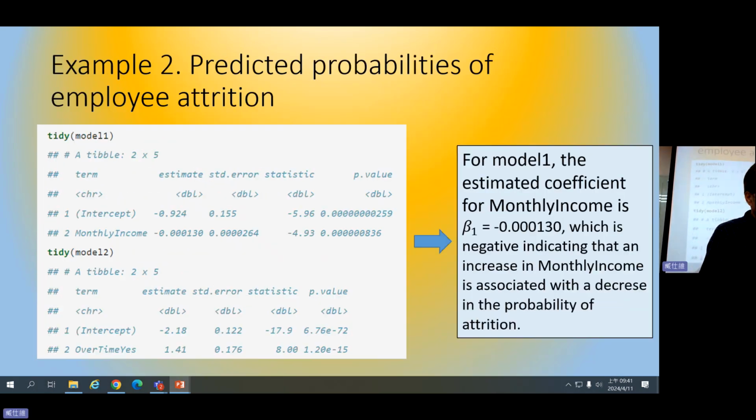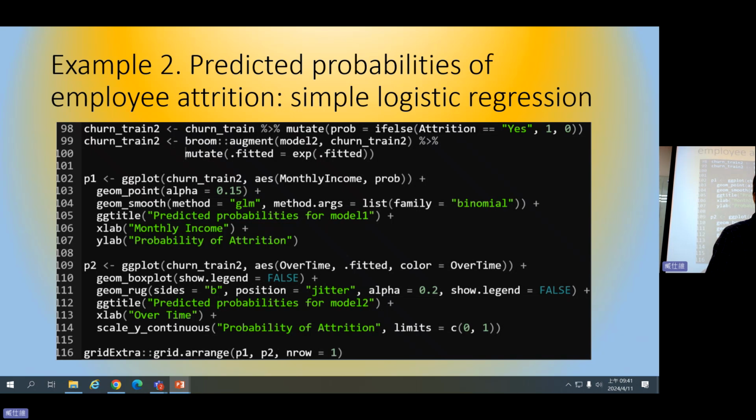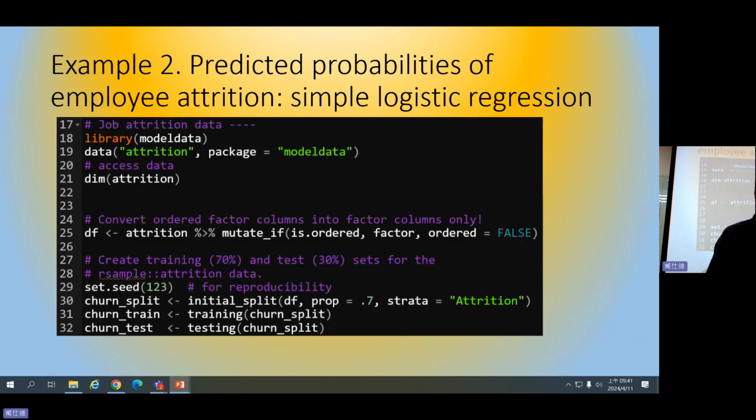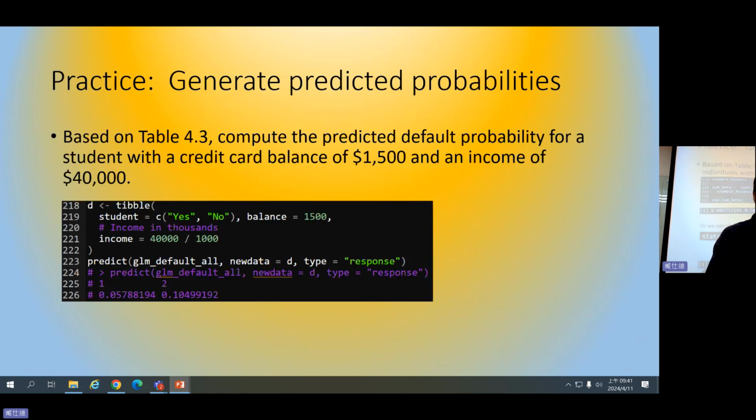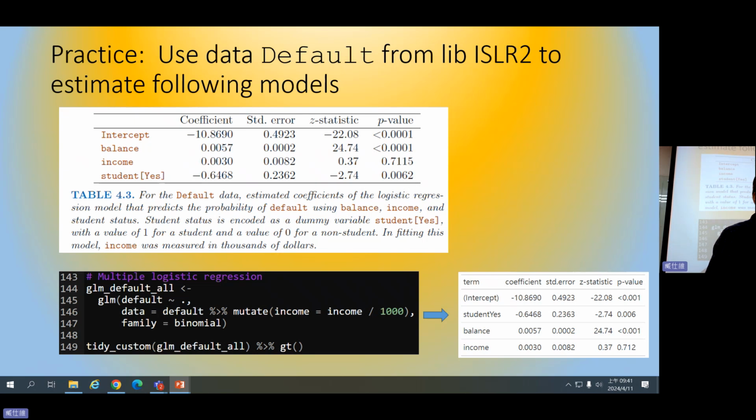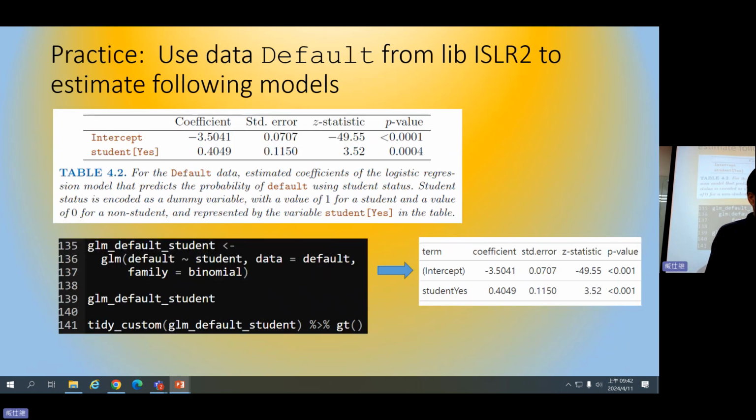There are a few topics that we haven't covered yet this time, because when we generate the results of the logistic regression, you need to know how to interpret the results. So here I also gave you some slides about the interpretation.